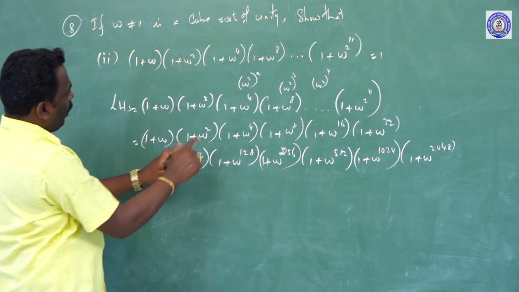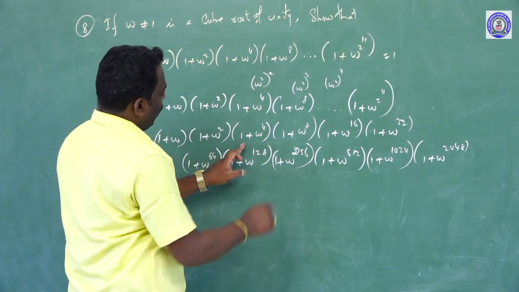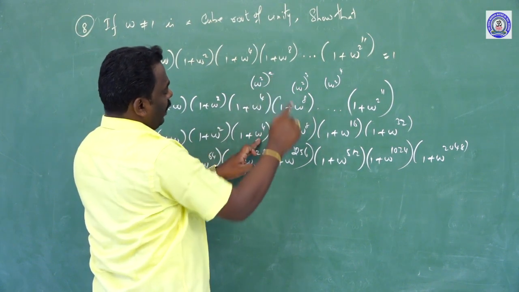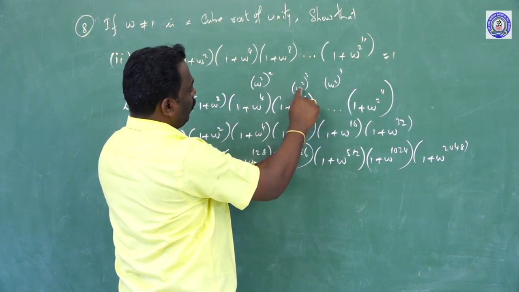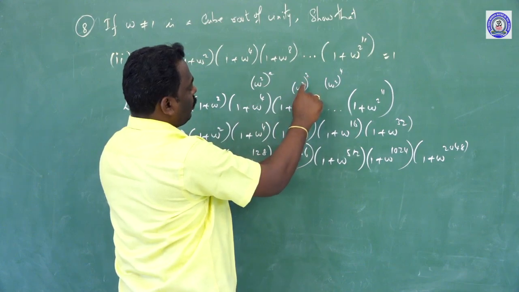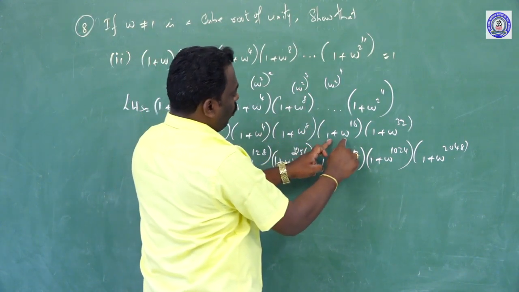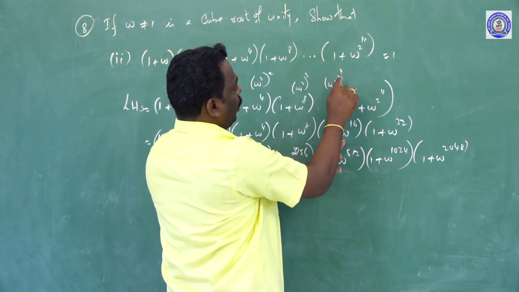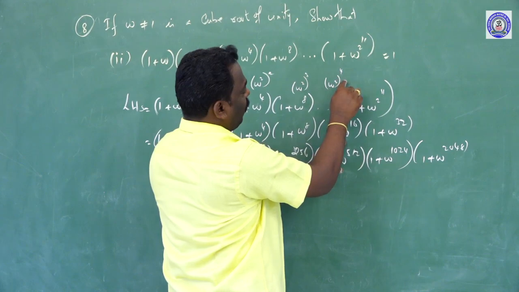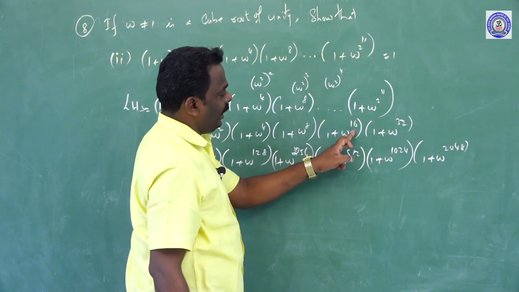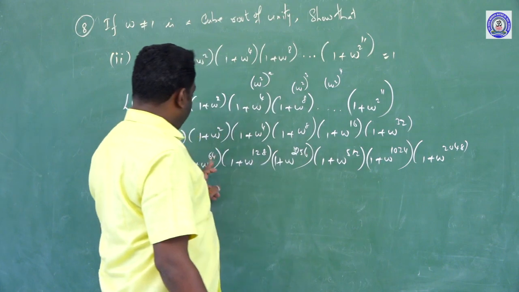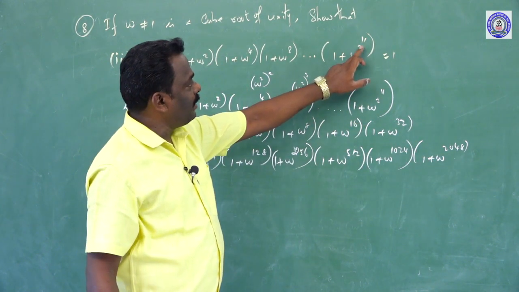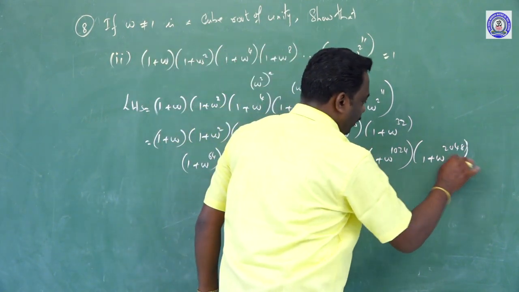First, (1 + ω), (1 + ω^2), (1 + ω^4) equals (ω^2) whole squared. Then (1 + ω^8) we can write as (ω^2) to the power 2, that is 2 into 2 into 2, which is 8. Then (1 + ω^16) is (ω^2) to the power 4, which is 2 multiplied 4 times, 16, and keep going: 5 times, 6 times, up to 11 times. It is 2 to the power 11, that is the final simplification.